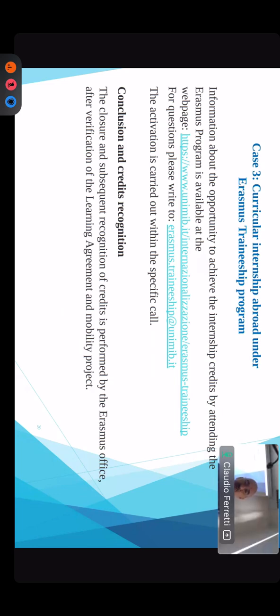But the company could be abroad and not under the Erasmus regulation. So in this case, you have something similar to the Italian, let's say, stage, but you have to describe this on specific forms, not through the web service Secretary Online, right? So there are some specific forms to be handled outside the web system. So with email and scans of the paper, printout and the signatures, but at the end you will have the credits only, once again, if you send the 3 updates and the final report.